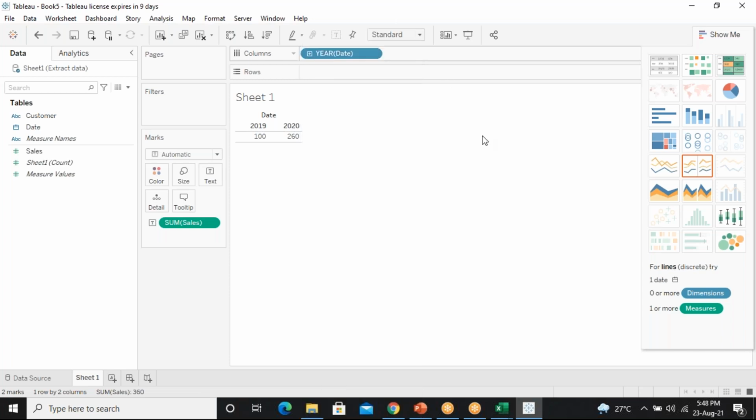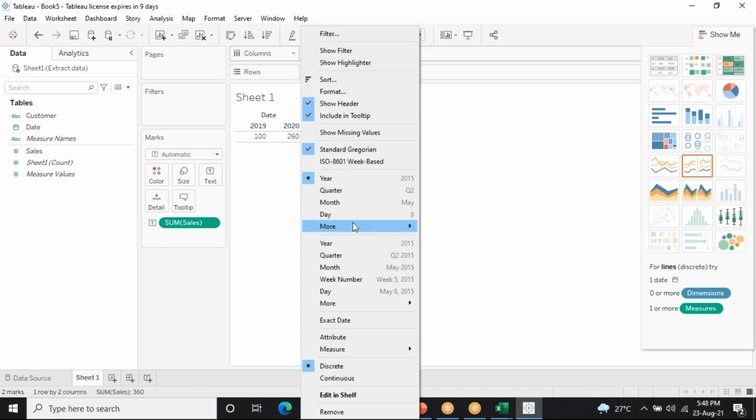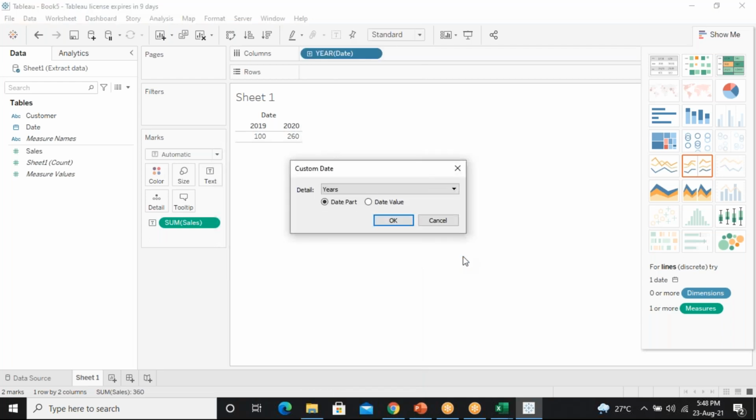Here I can choose, or else I can just click the plus here. But now I go with More, and on the right side there is Custom.